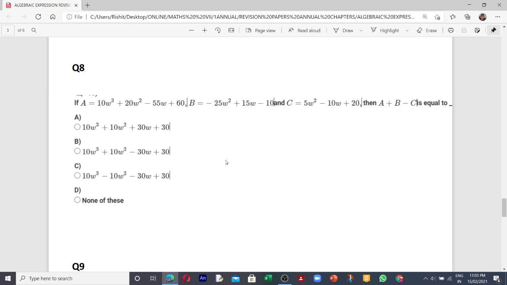Yes, you all are writing. You can match your answer, children, after the class is over. Not when class is over, when I will upload it on the school app, then only you are able to see the answer. Now, what is the answer? Is it A, is it B, is it C, or none of these? You have to see it in a very accurate way. Maybe your answer will not match, and then you will write none of these. So see before clicking on any option, before writing any answer, that this answer is correct. See it very seriously.